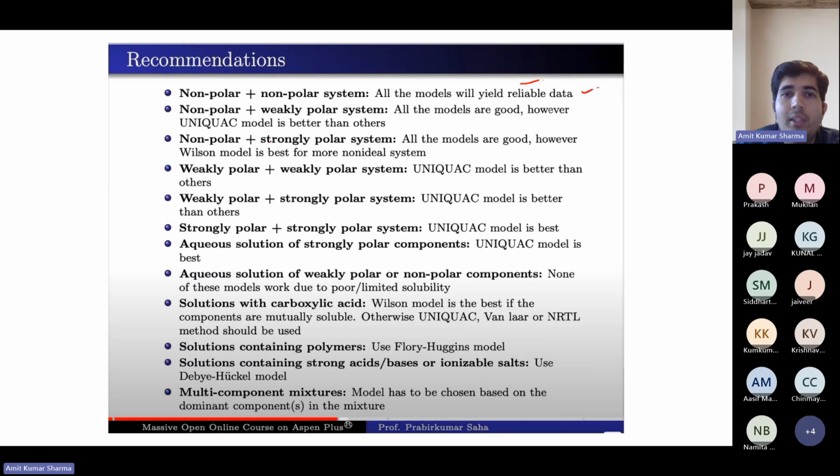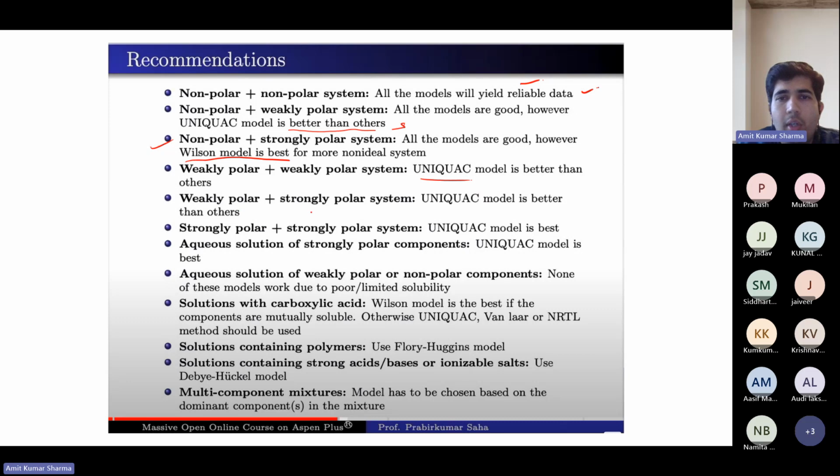However, the UNIQUAC model is better than the others. Maybe the deviation is only 1%, 0.5%, but they are good, and UNIQUAC will give you the better result. If you have non-polar and strongly polar, then the Wilson model is the best. The weakly polar, then UNIQUAC is better.